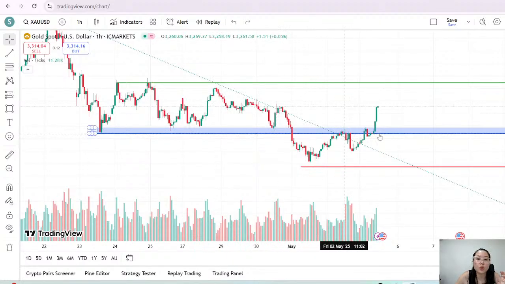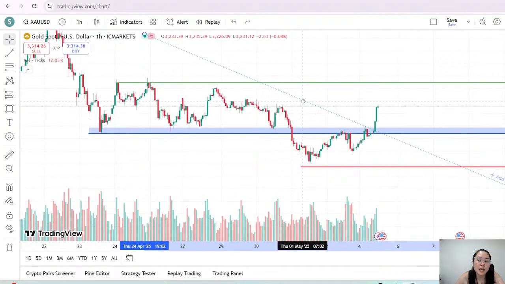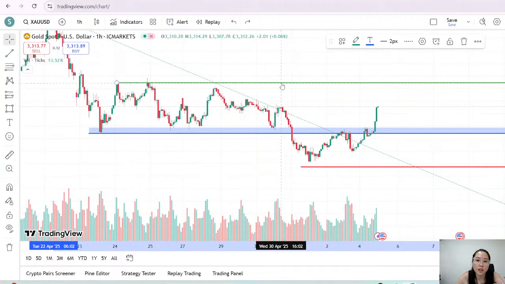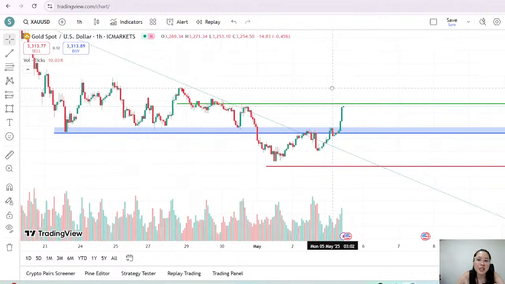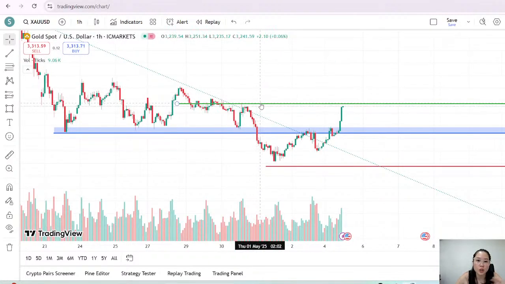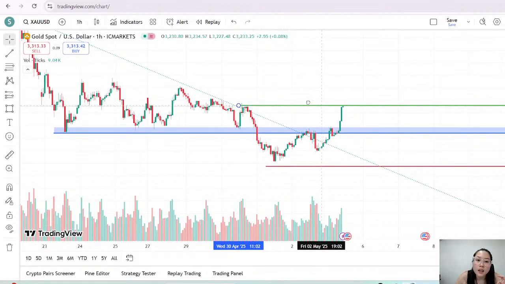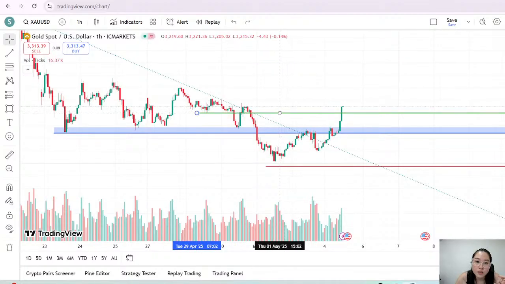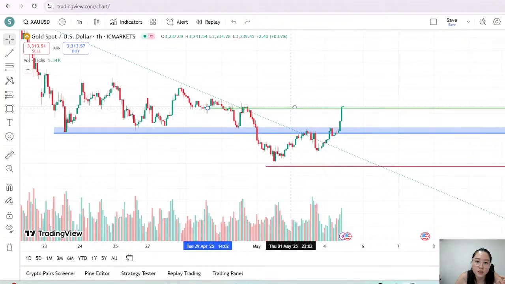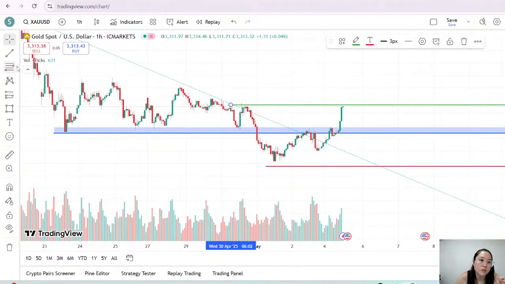So this blue zone here, I can foresee it being a very good entry only if price pulls back here. Let's say price does pull back there, and then you want to get in an entry. Again, this is educational. Don't get in an entry unless you have done your own research. A very, very conservative level.